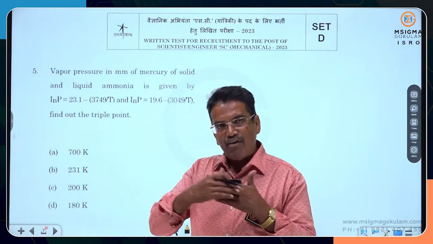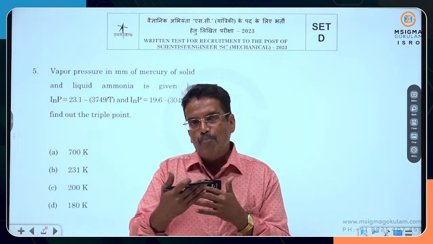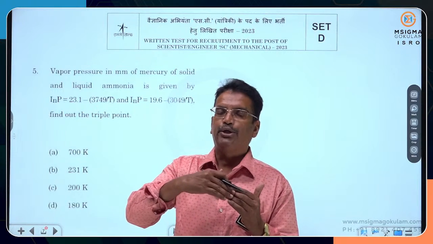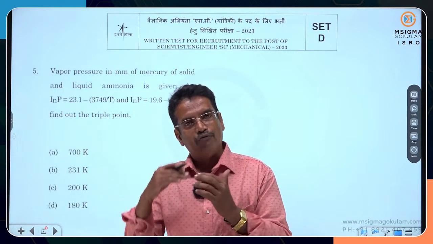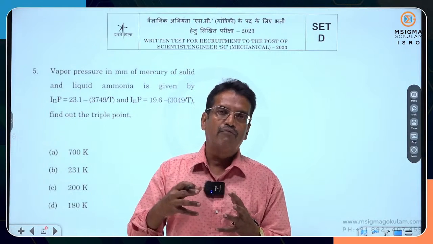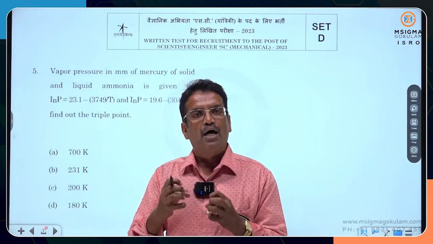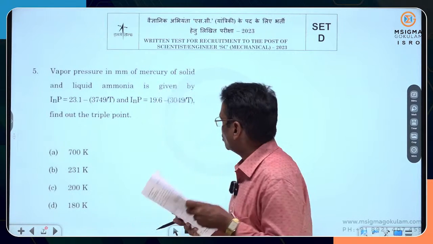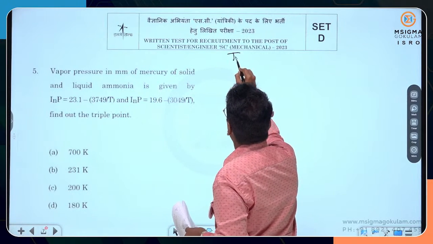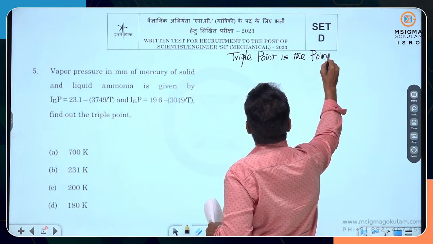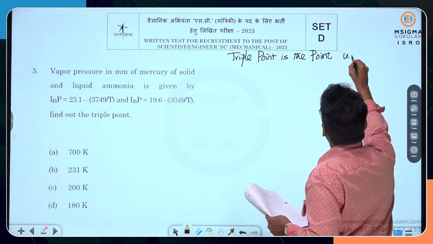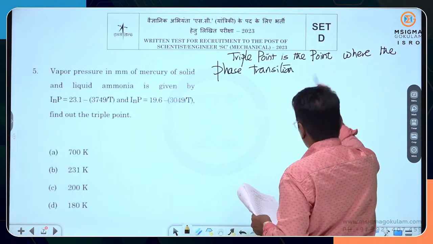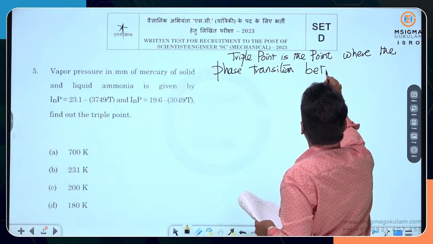So, at a triple point there is a chance for the phase transition either from solid to vapor or liquid to vapor also, because all three phases are coexisting in thermodynamic equilibrium at a triple point. So, I would like to write here: triple point is the point where the phase transition between all three phases